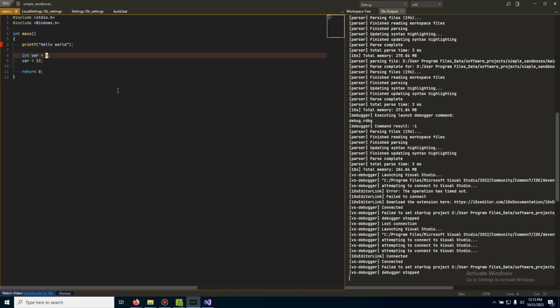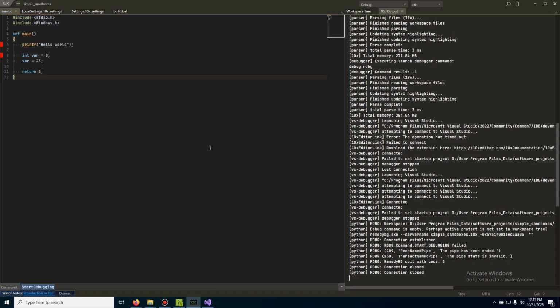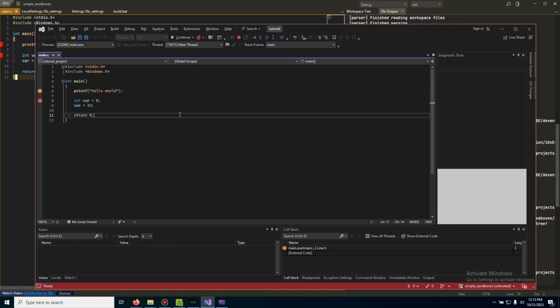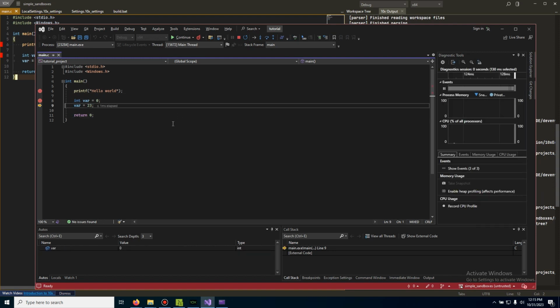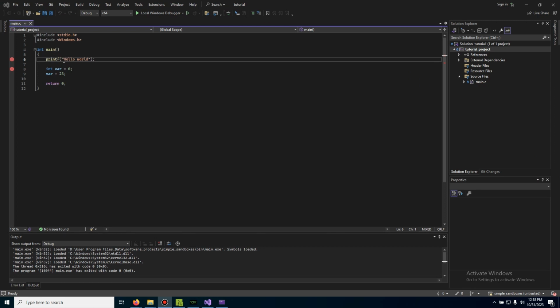So, right, we could set breakpoints in this 10x exe, and then we can hit F5. I'm sorry, not F5, because I have that attached to Remedy still. But if we do the start debugging command, it'll go back to Visual Studio. And in case you didn't watch the Remedy part, you can do start debugging, restart debugging, and stop debugging. So if we had this,